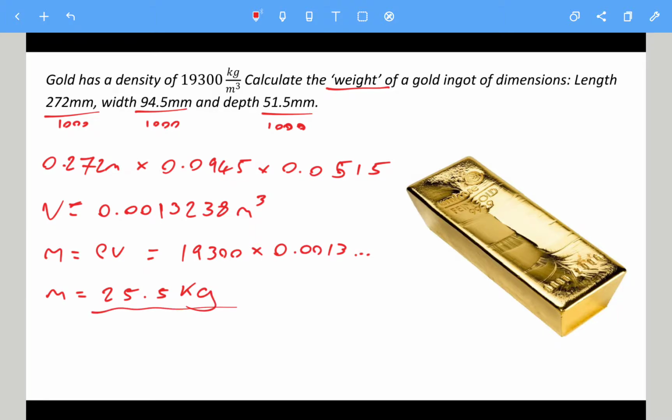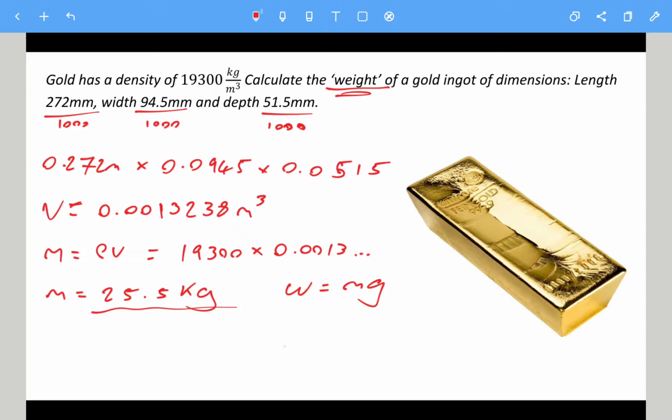There are actually gold bars this size. I got these dimensions, you know, from the Bank of England or US equivalent. Anyway, that's the mass, but it actually asks, if you got that, well done, you've done really good, but it asks for the weight. And if you've done this, you should have done it. If you haven't, then this might be a surprise. I've got a video on it, Forces Lesson 4, I believe,